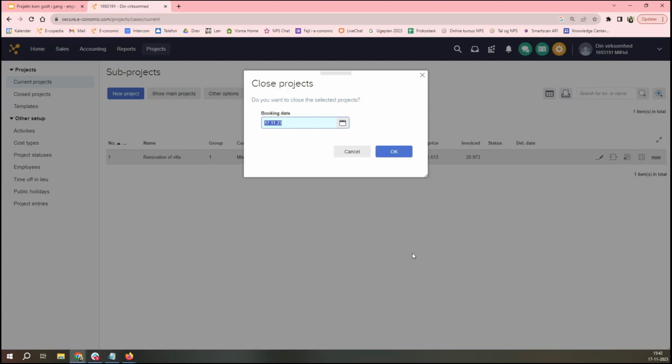And also pay attention to the accounting date to ensure the closure happens in the correct year. The project closure will generate system entries and account movements, and these occur on the accounting date that we choose here, or the booking date that we choose right here. If there is any doubt about whether the project is finished or is ready to be closed, you can choose